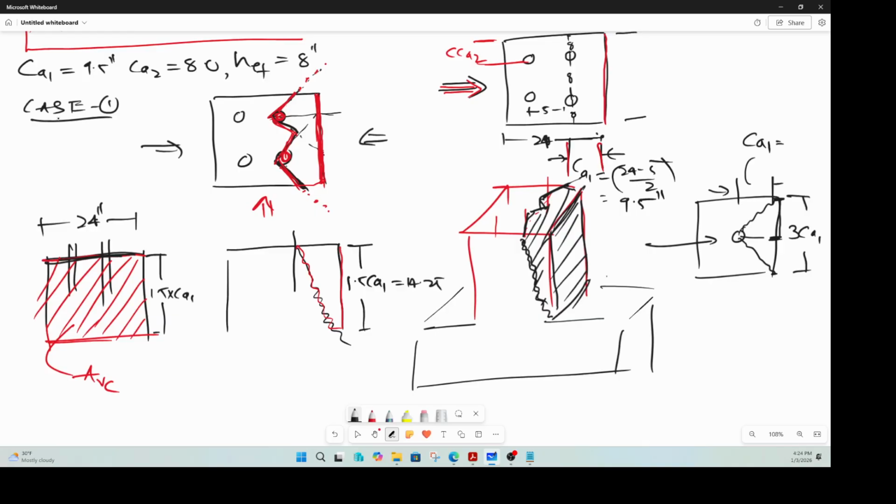So case one again is about the anchors closer to the edge, and we find out the strength of those, and then we come back and calculate case two. We do the case two. Okay. So AVC. So before we go to AVC, if you go back to the code